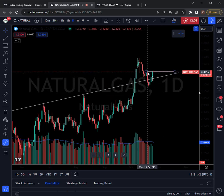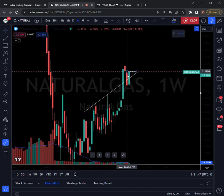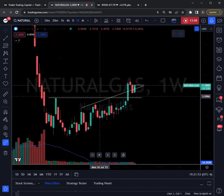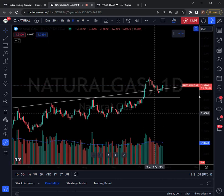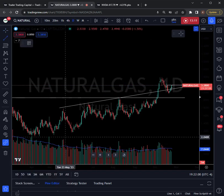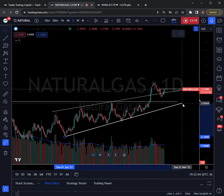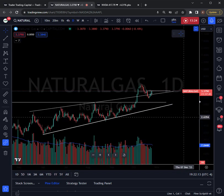But if we get rejected at this wide range red bar breakdown, even if you're a weekly trader, you can use the whole weekly bar. This is still technically a bearish inside bar weekly pattern. And I do think that we're going to see a move down in nat gas, at least back down to 3.07. And I actually believe that there's a potential that we could see a move in nat gas back down to about this 2.90. I would be backing up the truck, or this $3 level. A pierce of this $3 level would be ideal for me, in my opinion, to start accumulating on the long